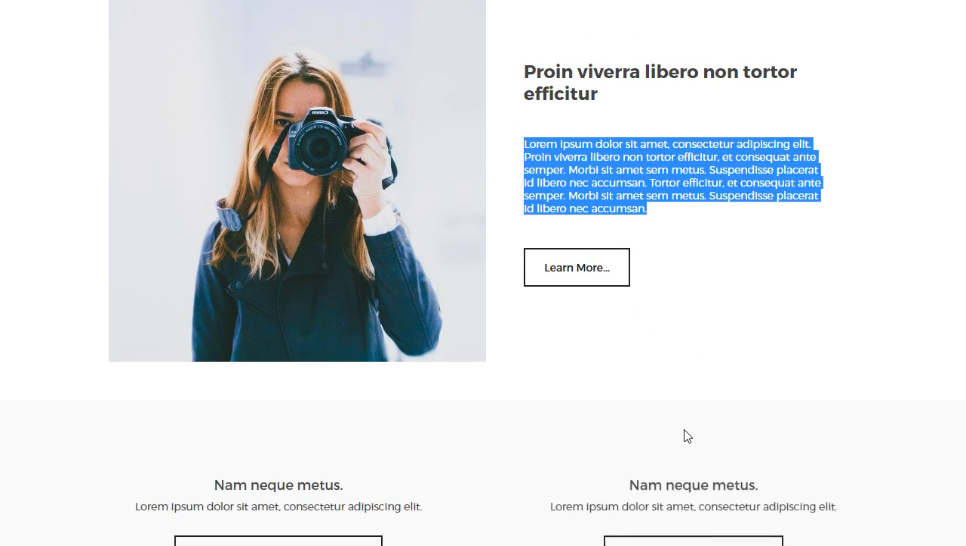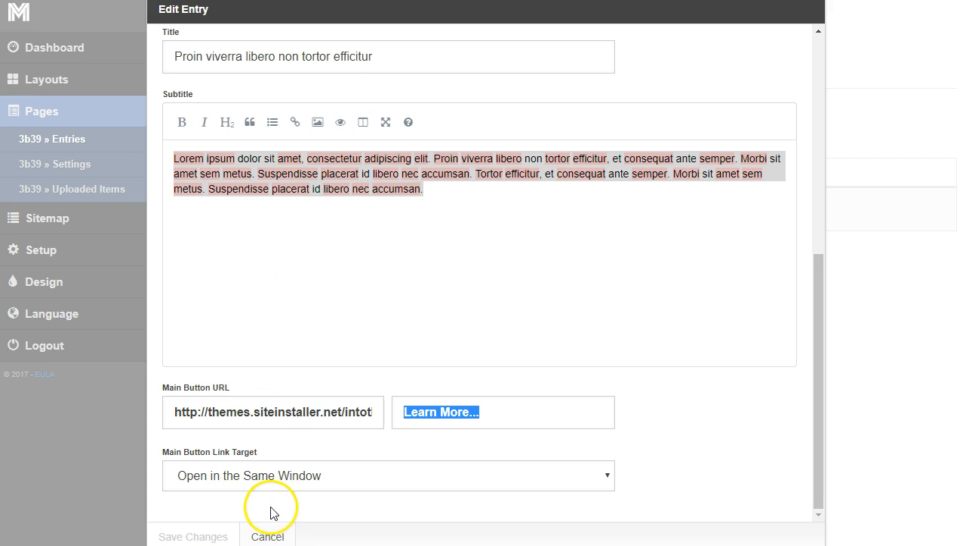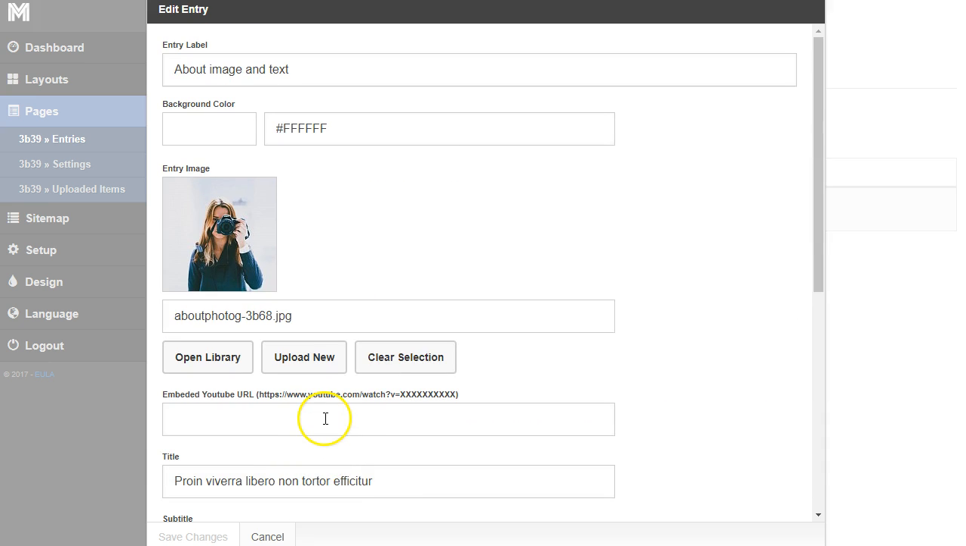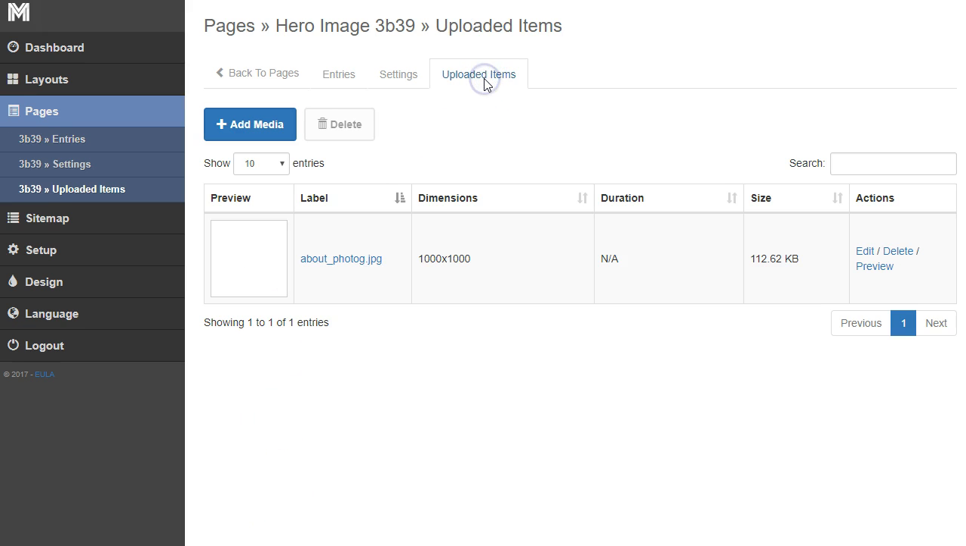And so that's how you'll change those out. If you are going to edit anything in there, again, if you want to edit the image and you're like, oh, I don't know how big that image is, I want to show you. You just come up to the uploaded items, just like we did before, and this image I have is 1,000